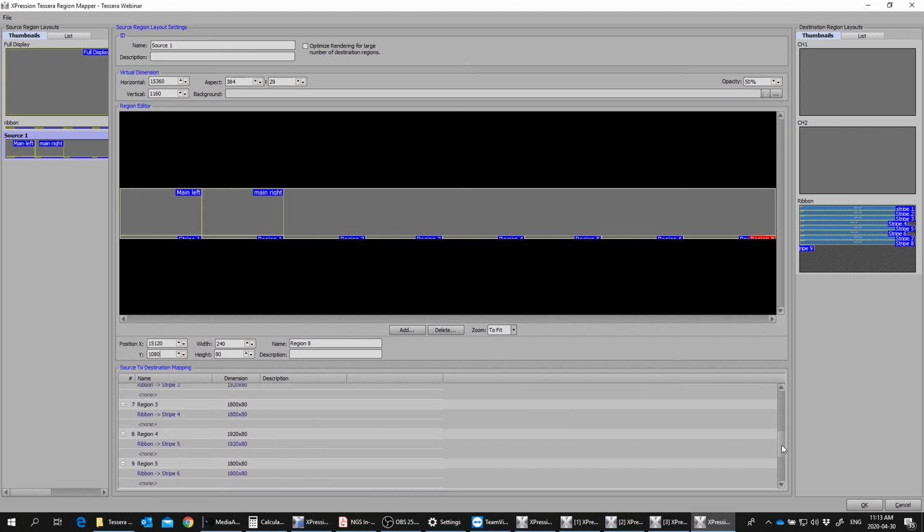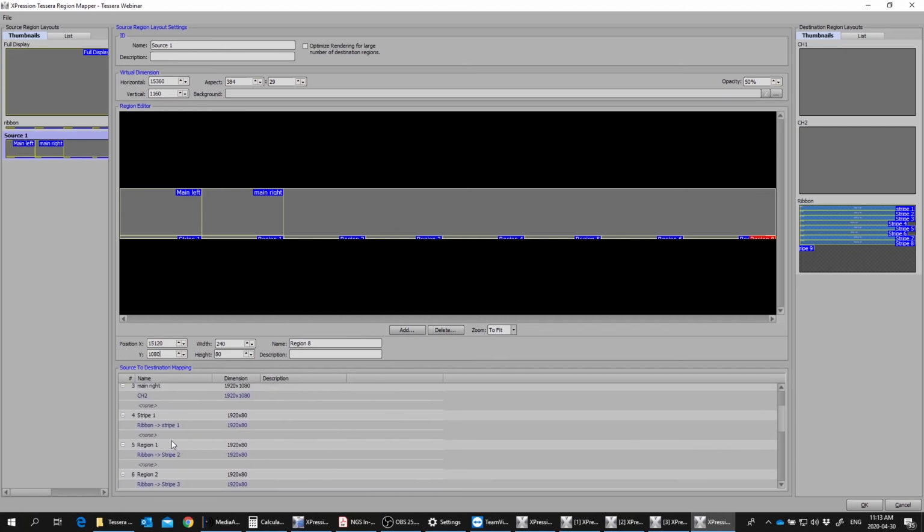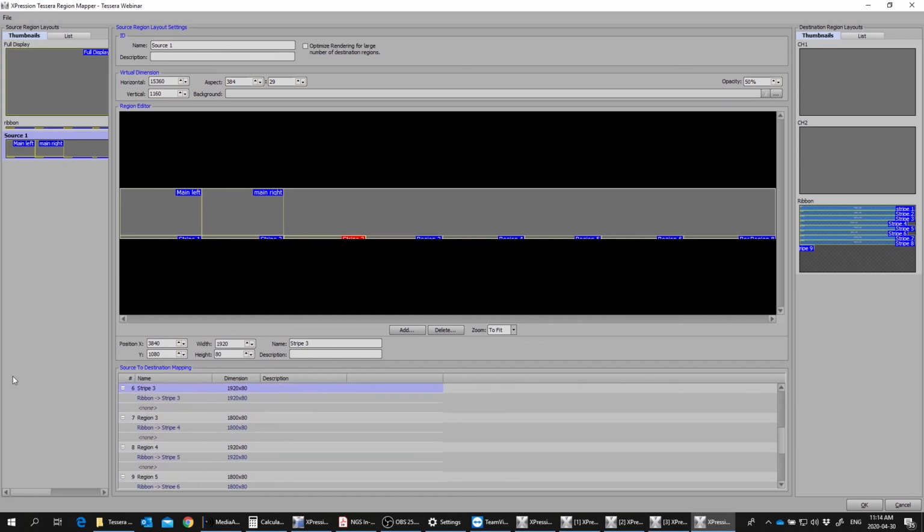So you can go through and name these after the fact if you want, right? This would become stripe 2. And this would become stripe 3. Stripe 4. Also name them as you go, I suppose.